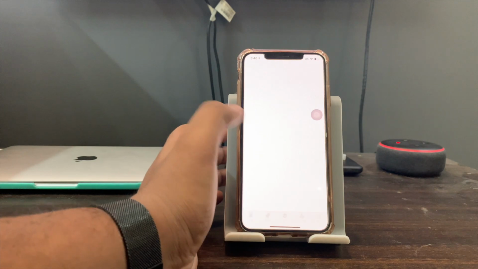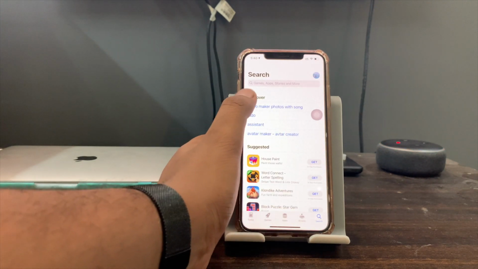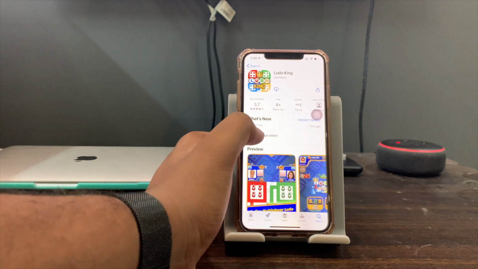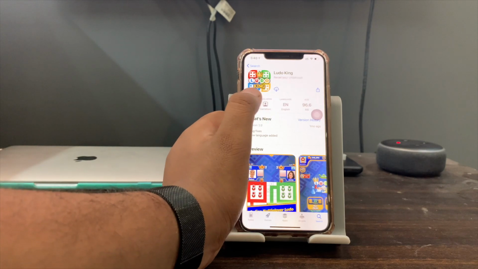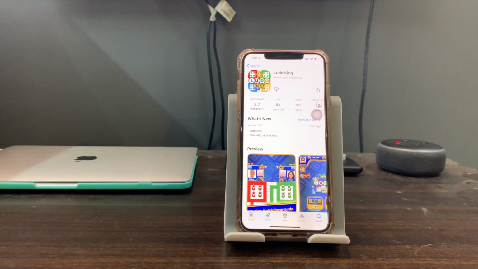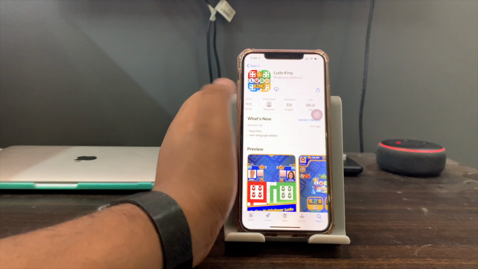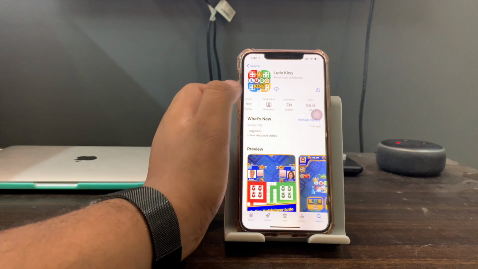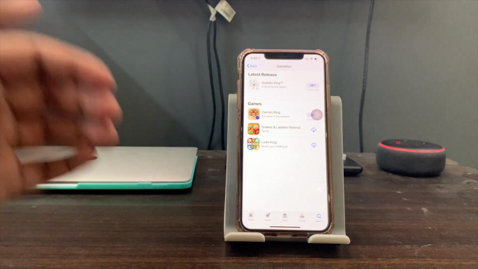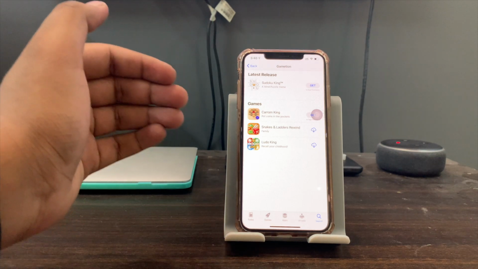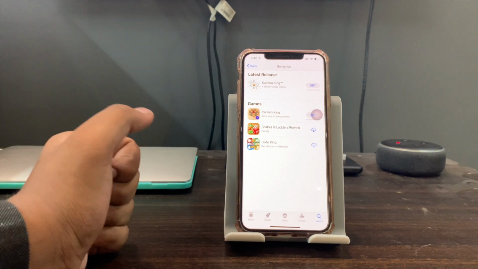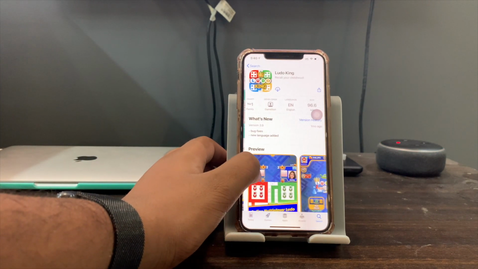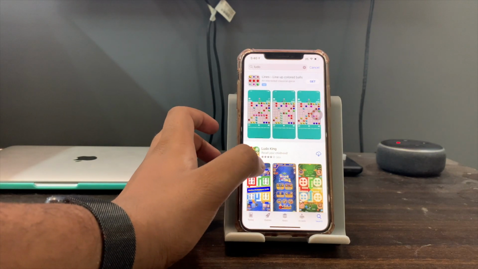Also, there are some changes in the App Store. If I select a particular app, then we have a new slide bar here in which different kinds of information are shown to us. For example, the download size, the developer, the language of the app, the age restrictions and ratings. When I click on the developer, the App Store will show all the apps from that particular developer. So this is a really cool feature.